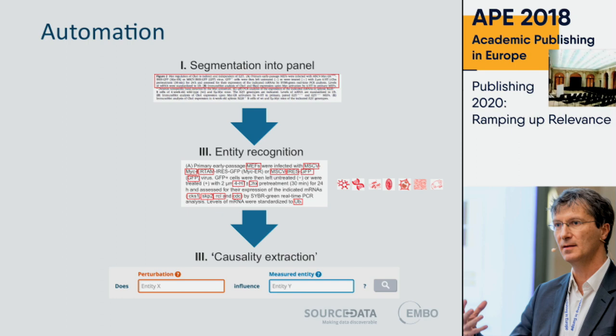But it's really the third step that is the most challenging, and we call that causality extraction. It is really to try to interpret now the meaning of these entities in the context of the experimental design and know what has been measured and what has been perturbed. Did we measure the effect of insulin on glucose, or did we measure the effect of glucose on insulin? And this distinction is really important. This is not a detail. This is actually the heart of the reason why an experiment has been done in cell and molecular biology.